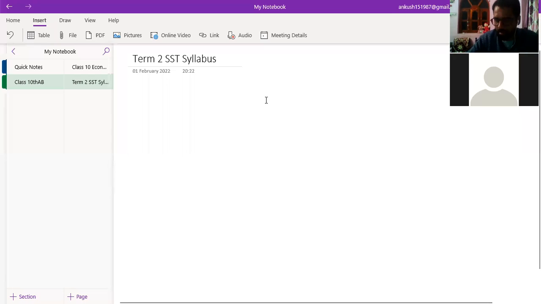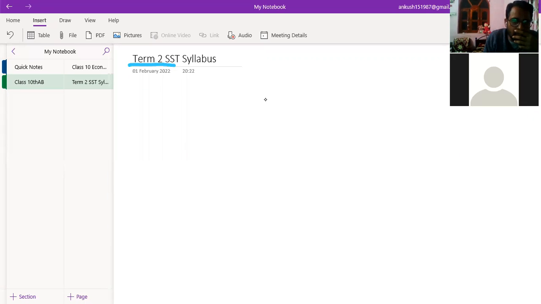Okay. First of all, we'll go here. Now see here. Can you see the screen, please? Please tell me. Yes, sir. Okay. So it is written as the term syllabus that we are going to study here. There is nothing more there, just some things that I want to share with you about the paper pattern.